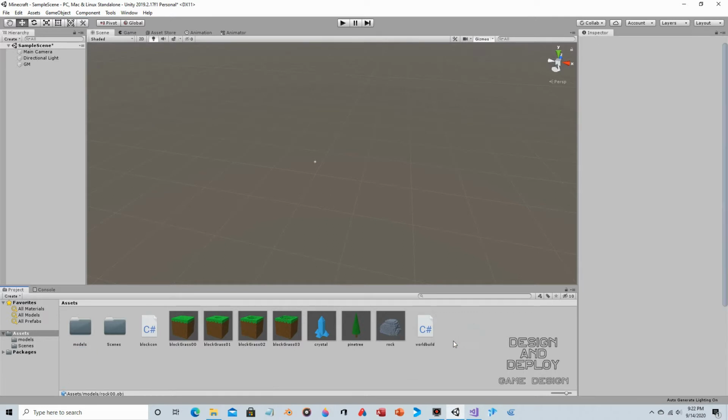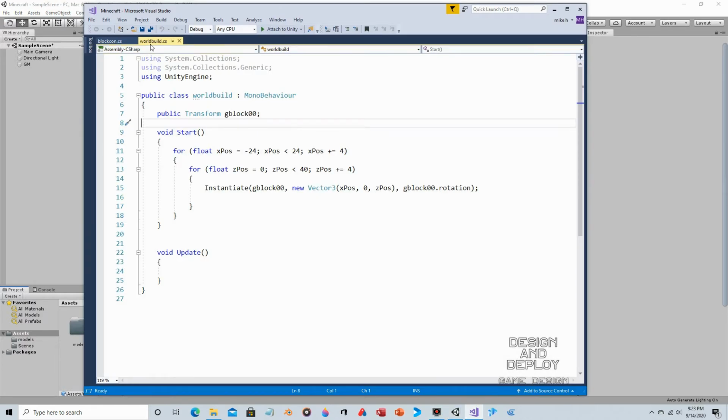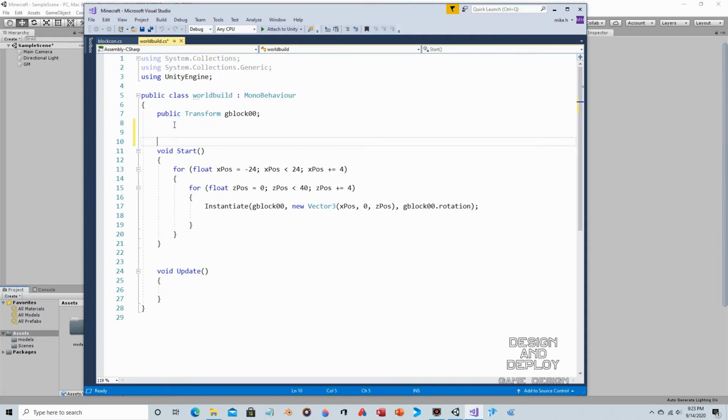Great, so let's now make the GM object aware of these. So just as the GM object is aware of this block, we need to make it aware of these objects so we can use the same world build script. So let's go to our script. So here's world build, and we're going to add